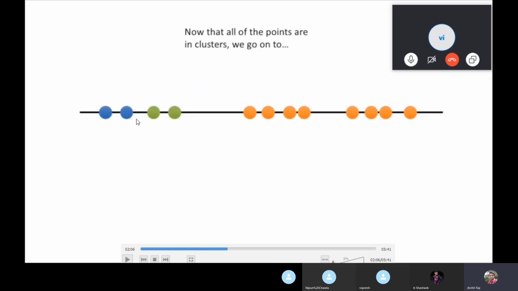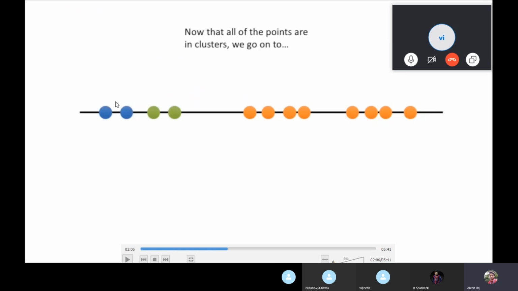Now consider these clusters, the blue one, green one and the yellow one. What you have to do is, for the points, find the median. For here you can consider the median as a mode also. In 2D you have to consider the median. Here you can consider it as a mode also, because it's one-dimensional data. So for all the points, find the mode, or an average.